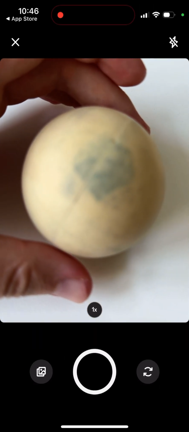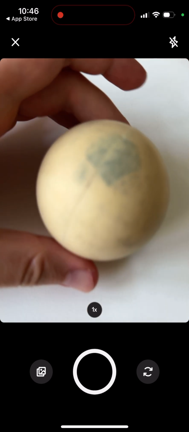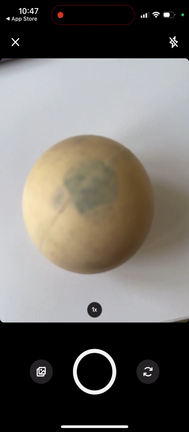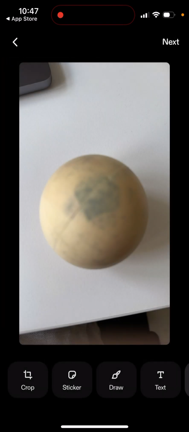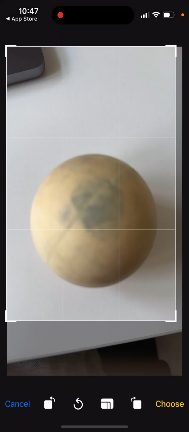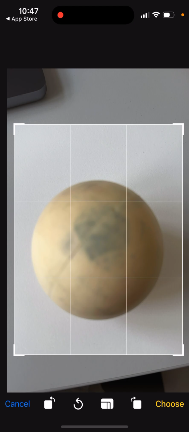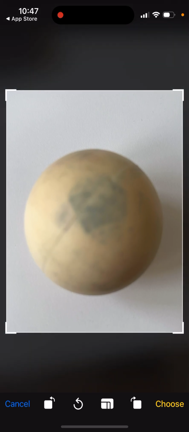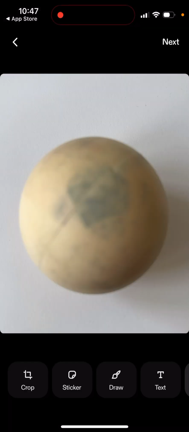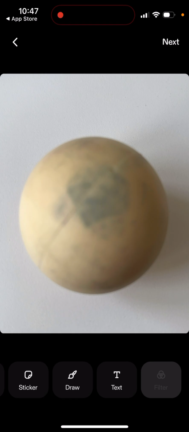So yeah, and then finally, let's for example try to create a post. For example, if I just add a post of this, just as an example. You have these editing tools which you can use. Of course, you can use a lot of AI tools to generate it, like Wombo, whatever, draw.